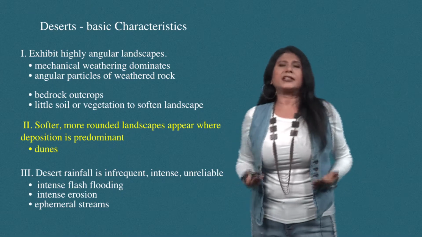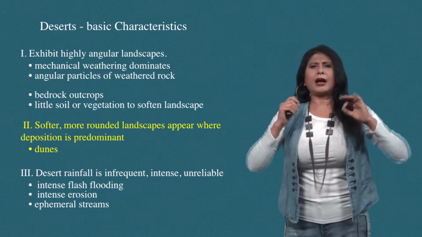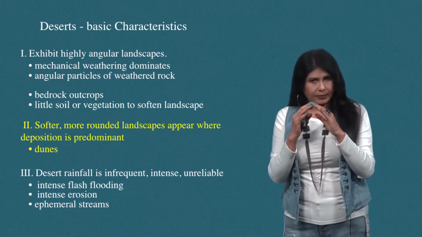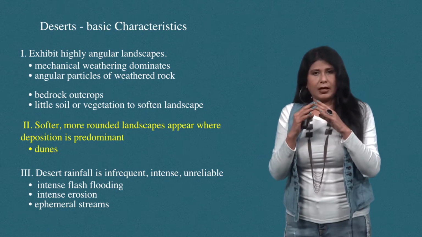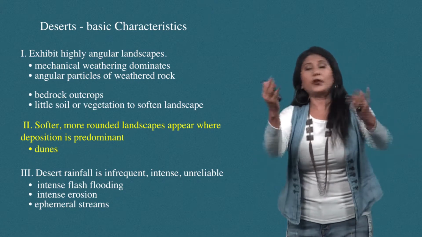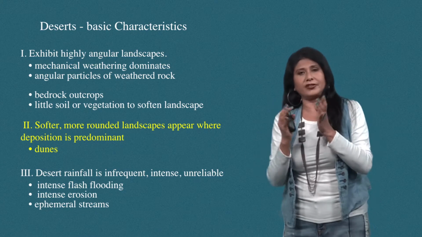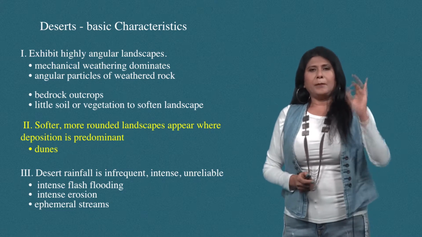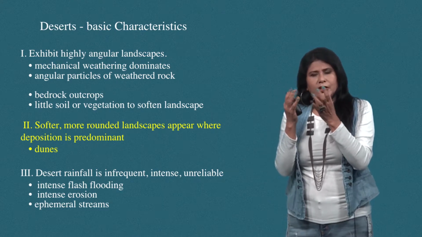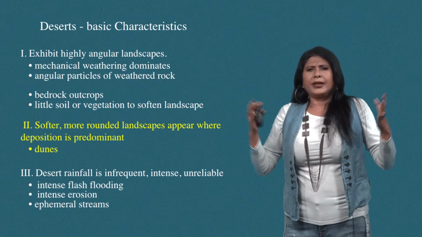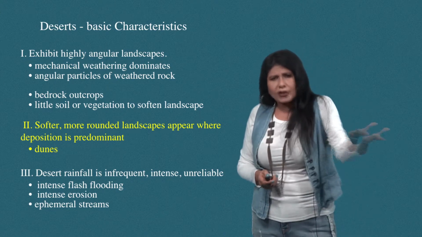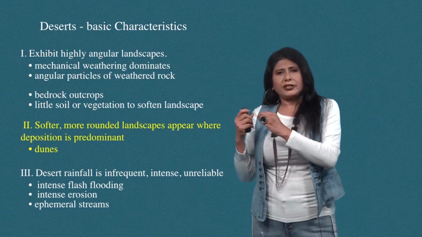So the basic characteristics of deserts, let us have a look at it. Deserts exhibit a highly angular landscape. Suppose we are flying in a helicopter and we look down at the desert, we will see sharp rocks, everything very sharp and angular, unlike in the forested or humid tropical areas where everything is soft and round. That is because mechanical weathering predominates. Mechanical weathering means rocks are just broken, so we have got all sharp features. They are very angular, and bedrock outcrops mean many rocks are exposed. There is very little soil or vegetation to soften the landscape,